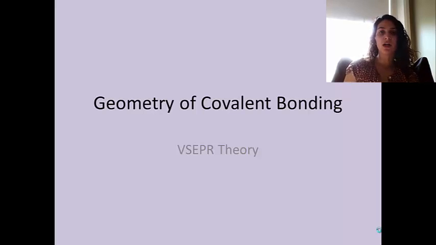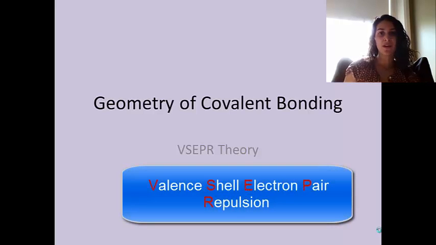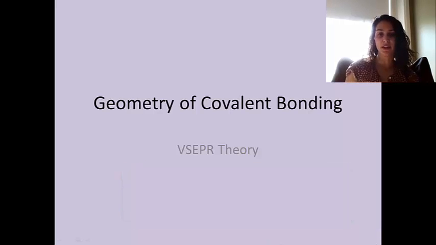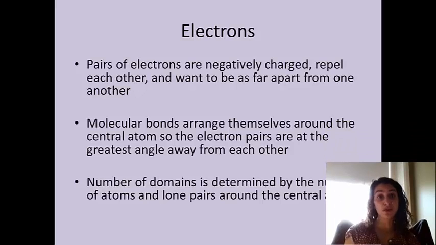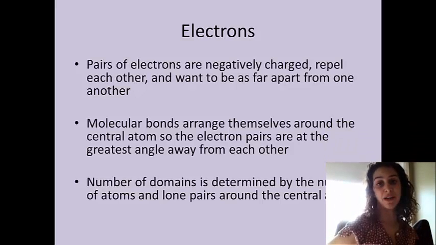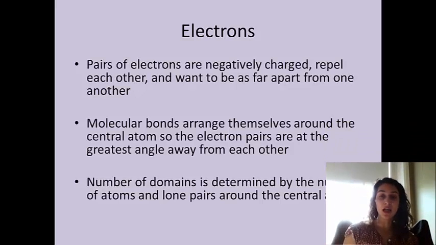Alright, let's talk about geometry of covalent bonding. This is known as the VSEPR theory, and VSEPR stands for valence shell electron pair repulsion. So this is the acronym for this theory. Now this deals with electrons because covalent bonding is all about the valence electrons and how they bond and are